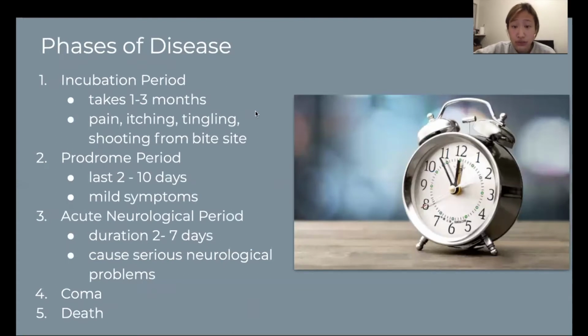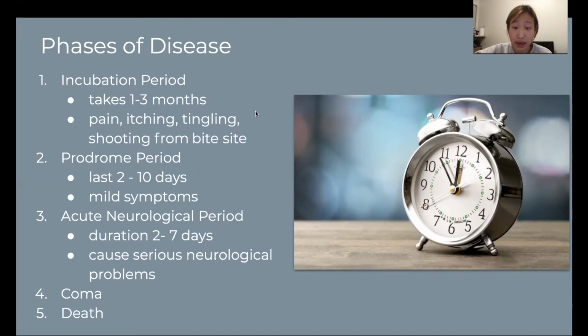Usually during the incubation period, we couldn't have a clear symptom and sign, so we couldn't realize that it was rabies, because the only sign and symptom is on the bite site, such as swelling, itching, shooting pain, and pain. The incubation period usually lasts 1 to 3 months. After the incubation period, a patient goes to the prodrome stage, which has mild symptoms. It lasts 2 to 10 days, and during that time, a patient may have fever, diarrhea, sore throat, and vomiting as signs, and can have symptoms such as chill, malaise, headache, photophobia, anorexia, nausea, cold,